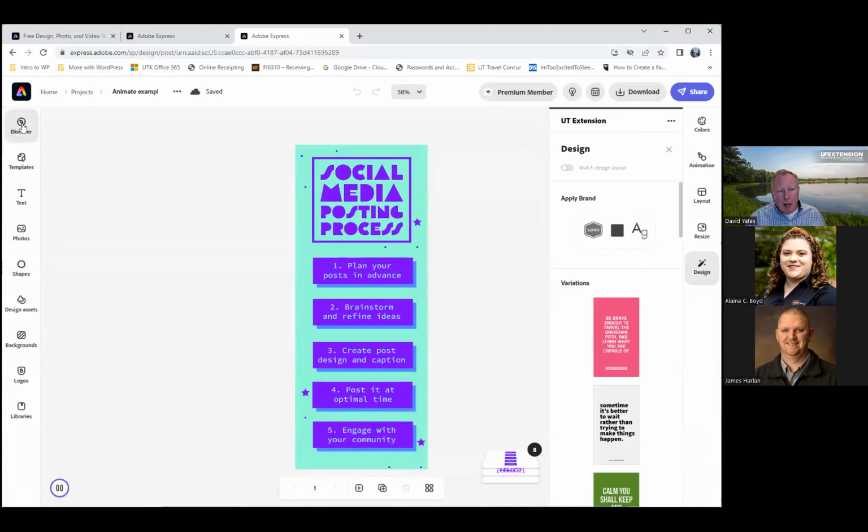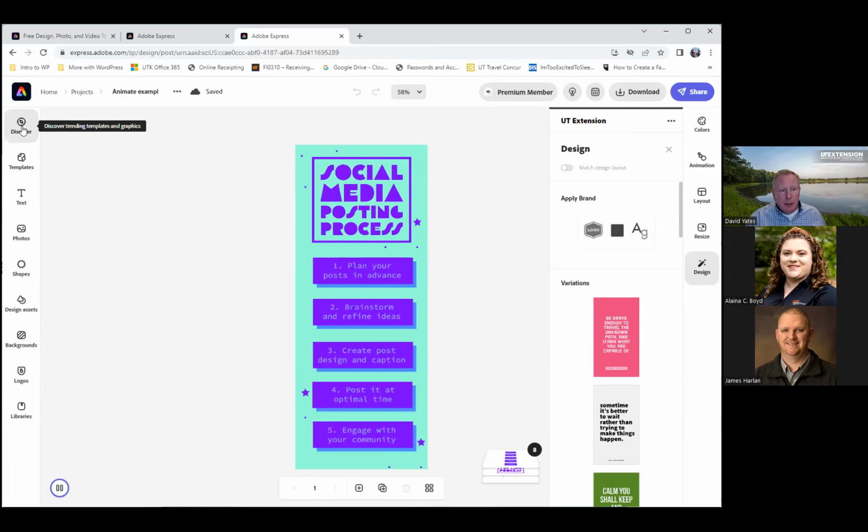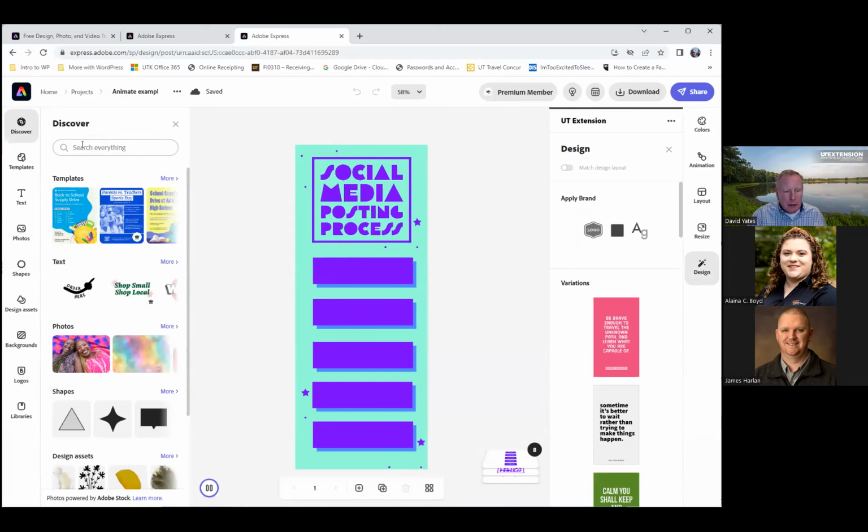So you'll have options over on the left-hand side. So if you wanted to add new text, or change the template. The discover option is where you can type in